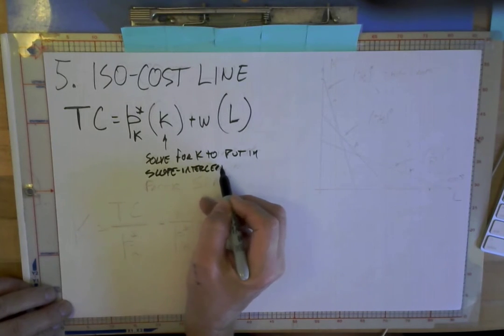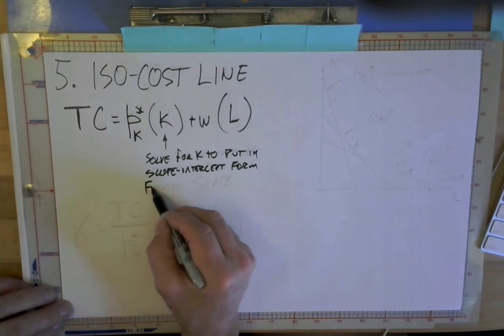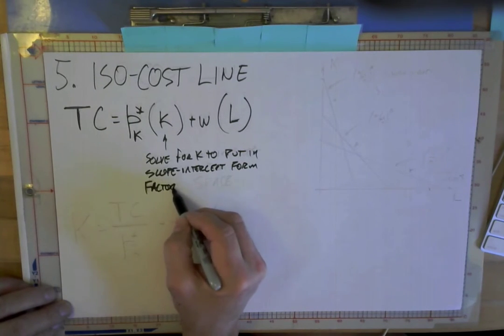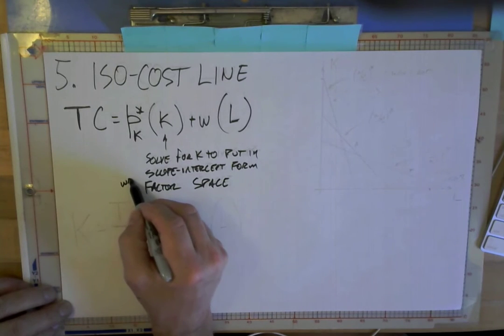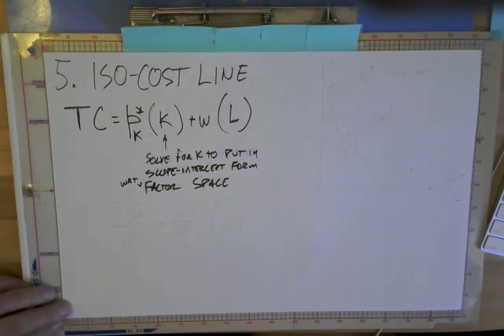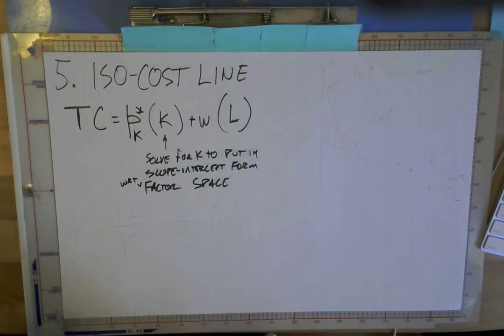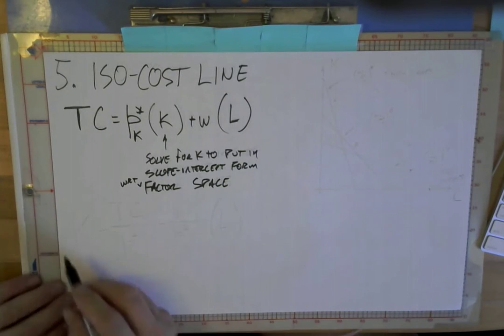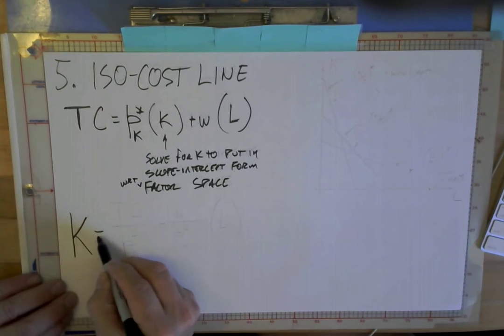Slope-intercept form in factor space, or with respect to factor space. In other words, to draw the iso-cost line in factor space, we solve for K. When we solve for K, that gives us K is equal to